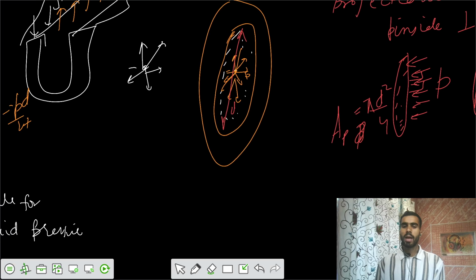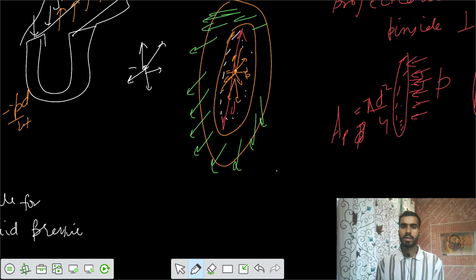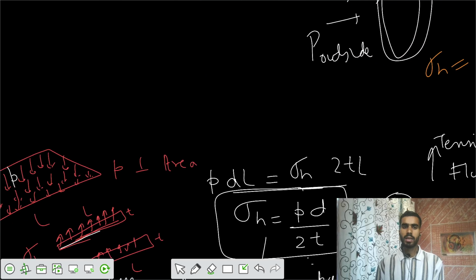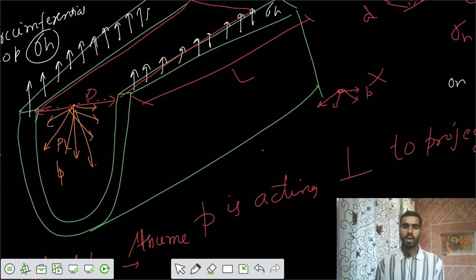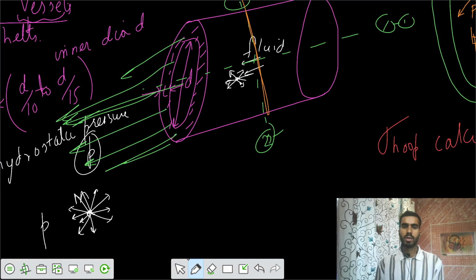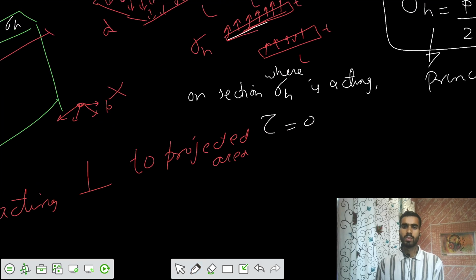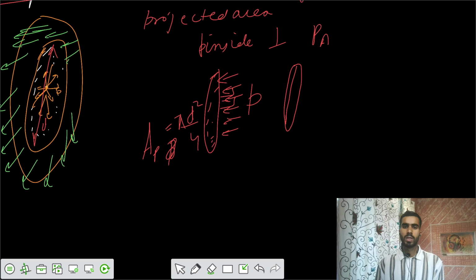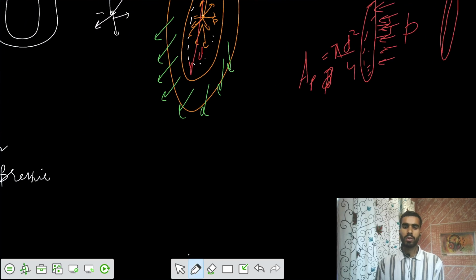So that should be balanced by longitudinal stress. There should be some longitudinal stress along that thin section, along the long axis. That longitudinal stress would be in the direction of the long axis. So when we equate summation Fx equals 0, we write that